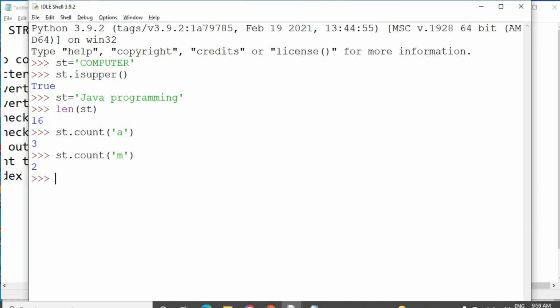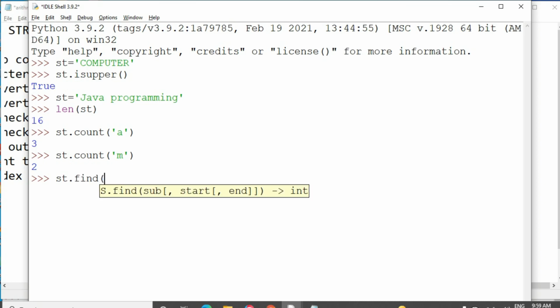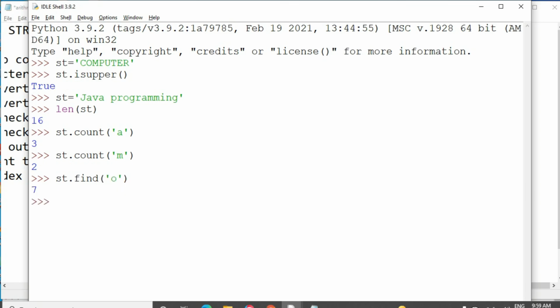Let's see the examples. st dot findof. I want to find out the index position of O. It is the seventh position: 4, 5, 6, 7.